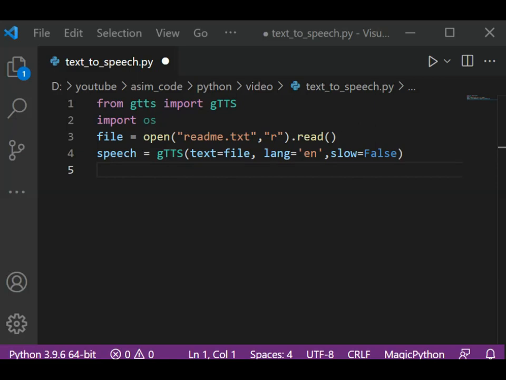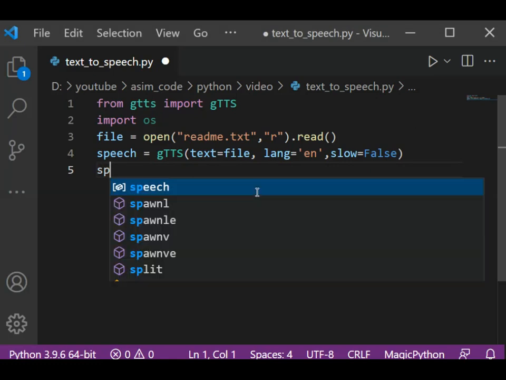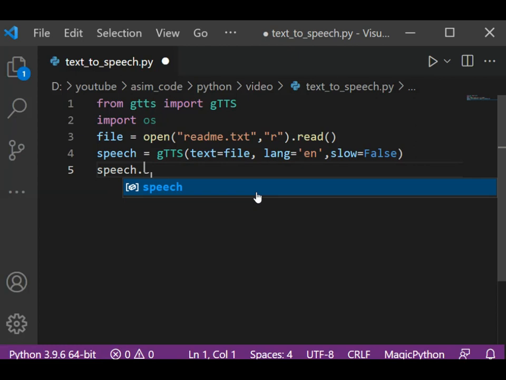And now we can save this as an mp3 file. So speech.save,